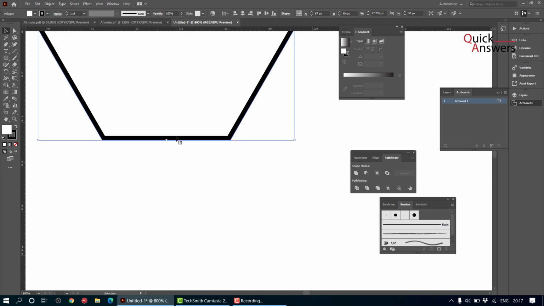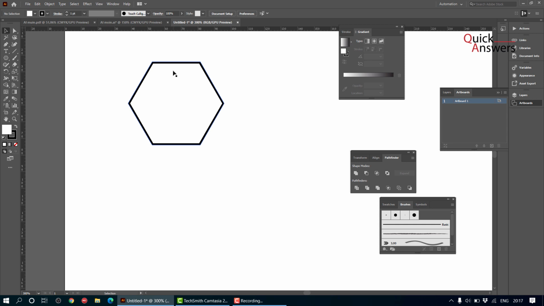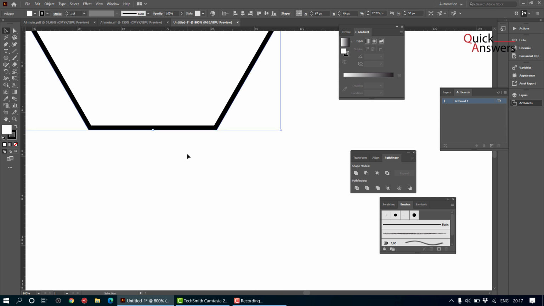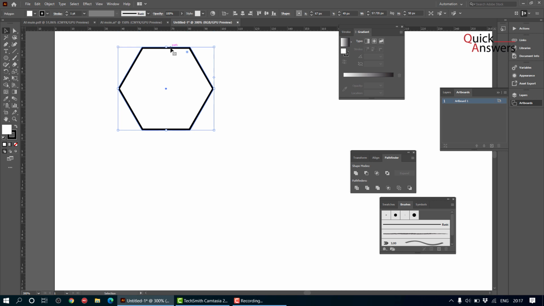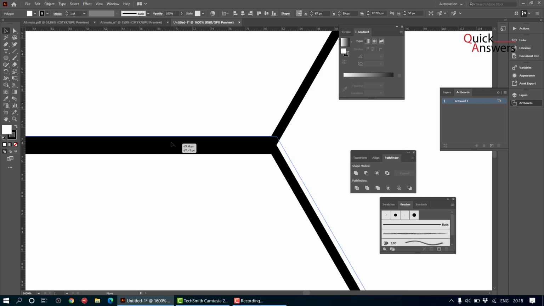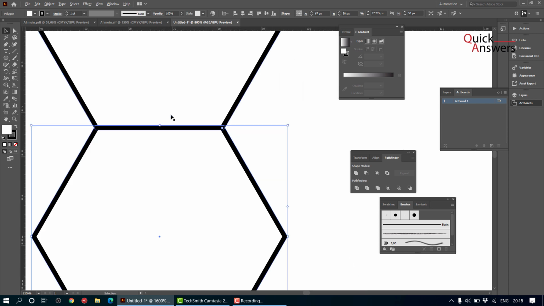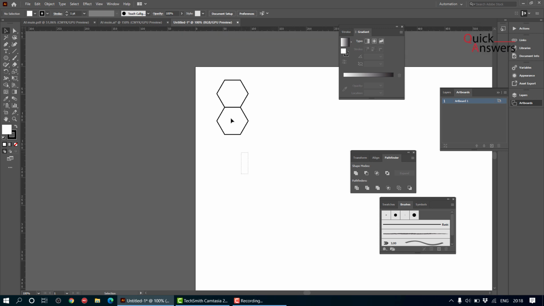Oops, sorry. Click on it. Press Shift and drag it down. I want to try and get it into the exact spot. Slightly gone down a bit. Yeah, better. Now, if I press Control and D,